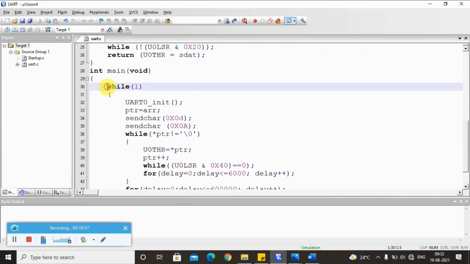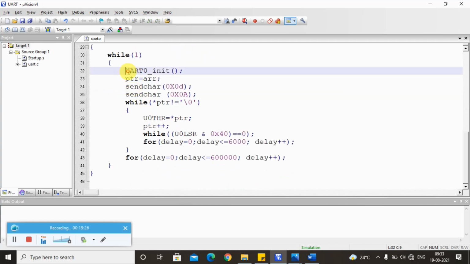I'm using a while loop here so that the message will be repeatedly displayed on the UART until an external interrupt is given to it. You can give an external interrupt, either by switching off the button or using some other interrupt, and you can stop displaying the message. Till then the message will display. That is the reason we have written the entire code within the while loop here.